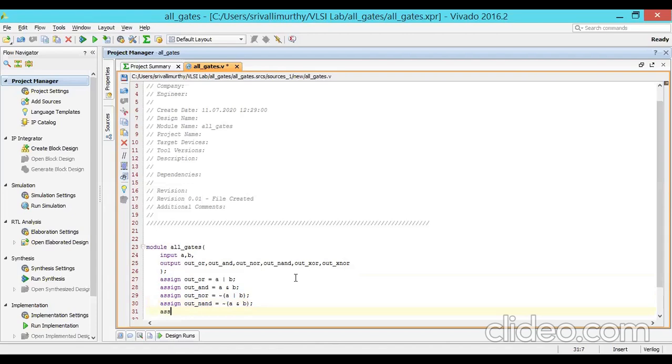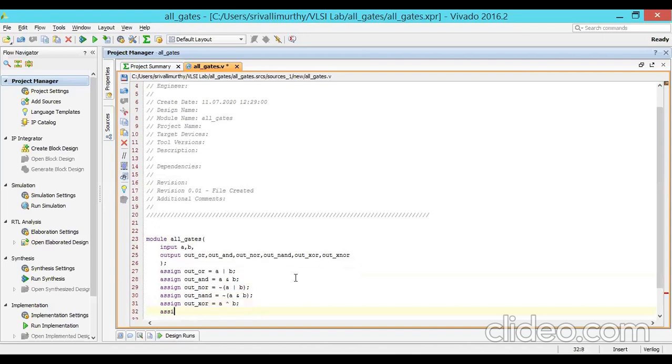Assign out_xor equal to a XOR b (a cap b). Assign out_xnor equal to negation of